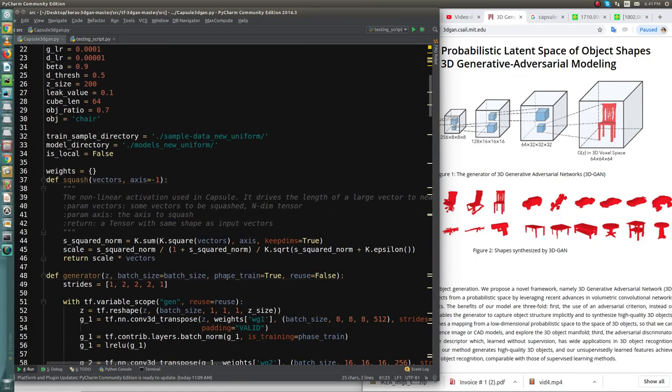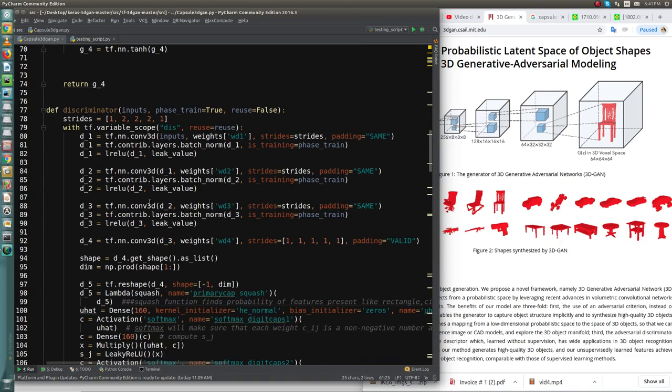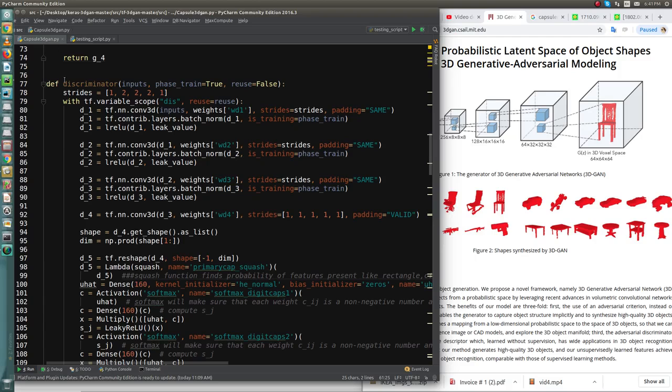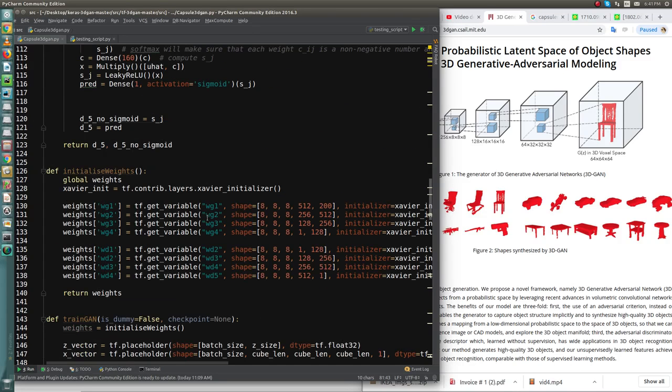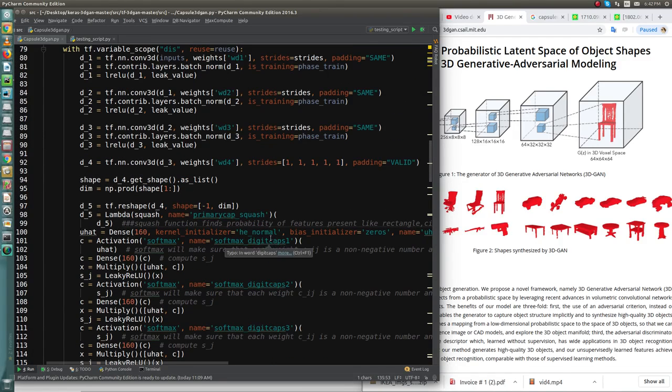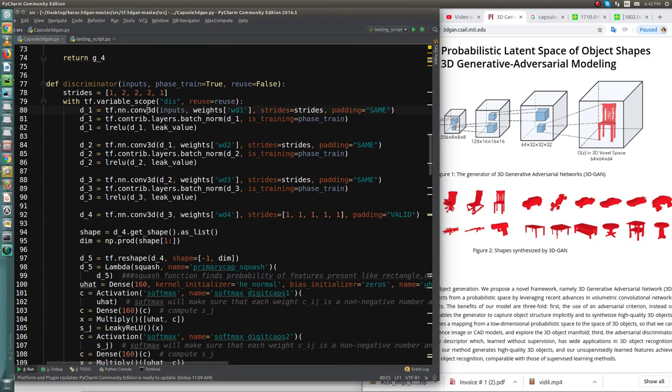Okay guys, so the generator model is different. The discriminator model is the same, but in reverse order. I'll explain how the discriminator model looks, and then I will explain where the CapsuleNet is introduced. I will show you the weight matrix. I have an input image of size 32 by 32 by 32, which is fed to the convolutional 3D layer with a stride of 1 2 2 2.